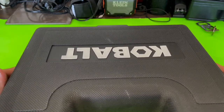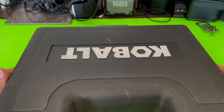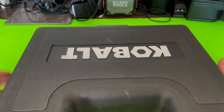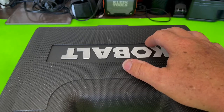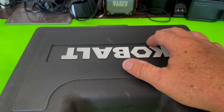Like I said, for me, it was more of a factor of being able to use alkaline batteries and not have to worry about charge and stuff, because I usually have alkaline batteries on hand, and also being able to record, which a lot of these devices don't usually come with a memory card included, which this one did, which was, for me, definitely a plus. I didn't have to go out and try to find one. So again, I think it's a really decent buy for about 84 bucks at Lowe's,